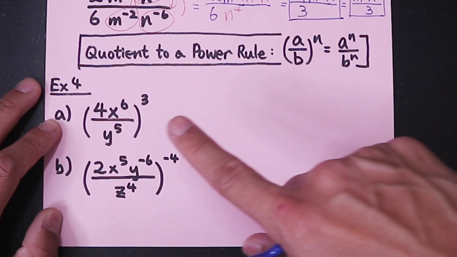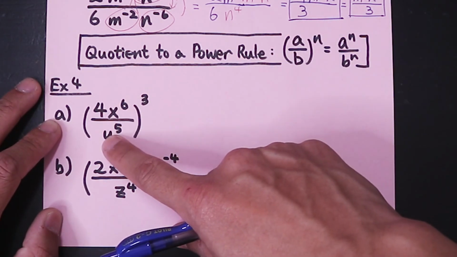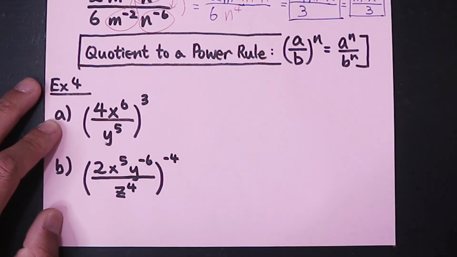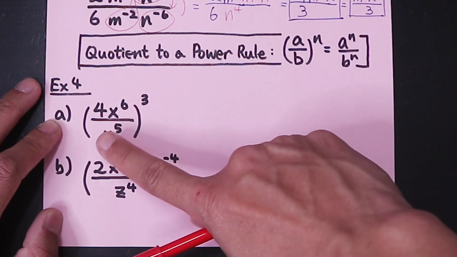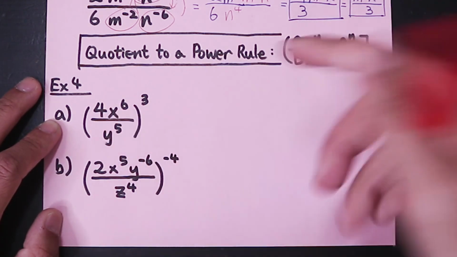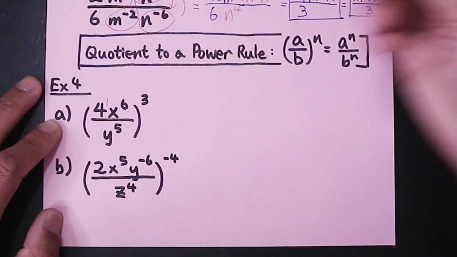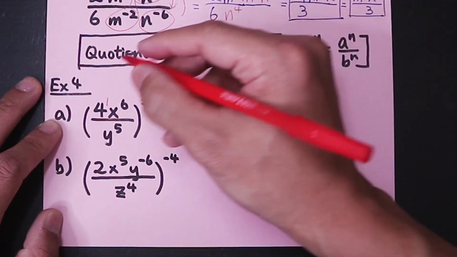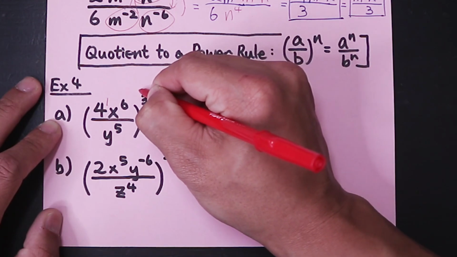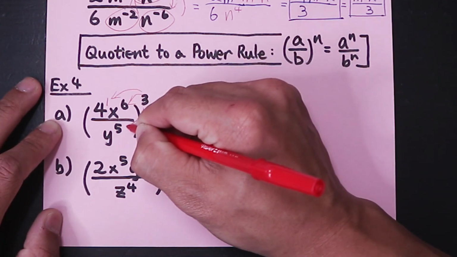First of all, inside the parentheses, I see there are 3 bases: a 4, an x, and a y. Make sure that every base has its own exponent. I see the x has an exponent and the y has an exponent, but the 4 does not. So let's make it a 1 first. And then after that, you distribute the outside exponent 3 to the 1, to the 6, and to the 5,